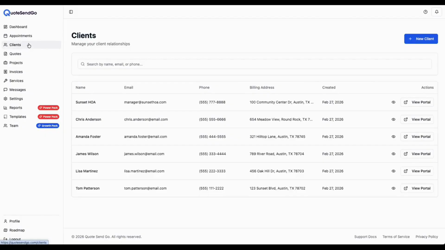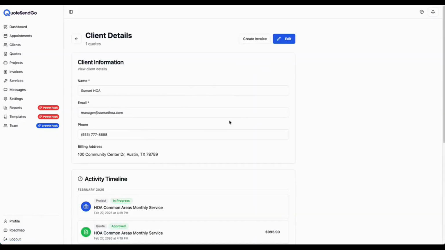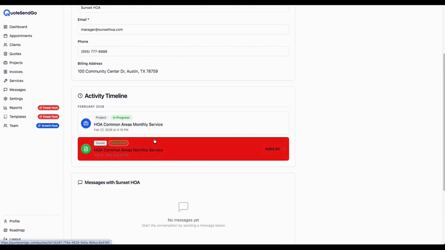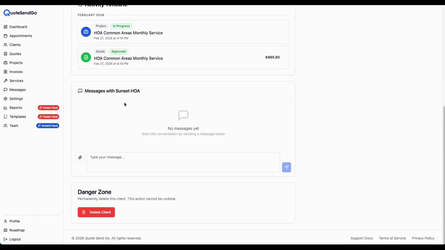And so the next one is clients section. Here you have just a general overview of your clients. You can view the clients here, and then you can view the client portal here. The clients will have access to a client portal, and so you can view the client here. You can edit the client. You can create an invoice from here. You have the client information. You have activity timeline for each client, and then you'll have the messages